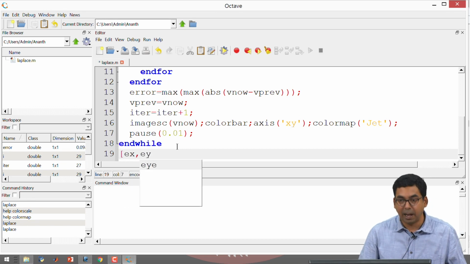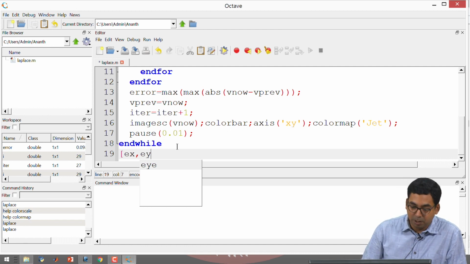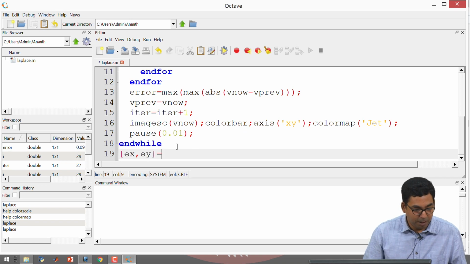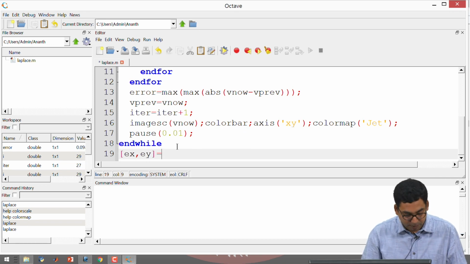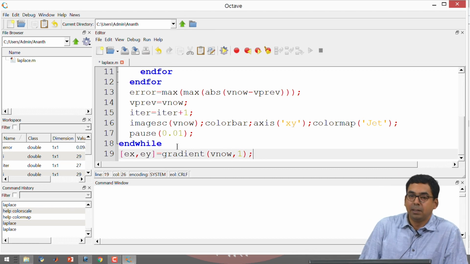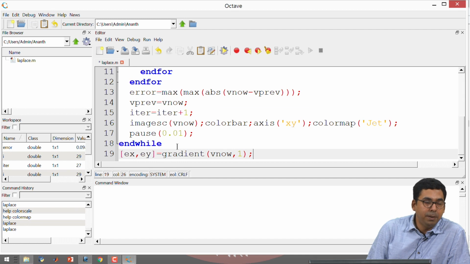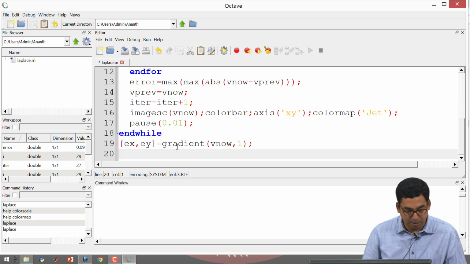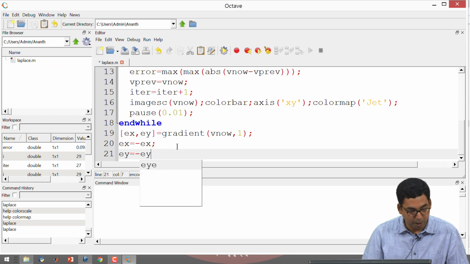So, I am going to go to the bottom. Once I have finished calculating the value of the voltage at each and every point, I would like to be able to draw the arrow plots of electric fields like how we do in regular class. The electric field here is going to be given by the gradient of voltage. The gradient command takes the derivative of the voltages that you have calculated, but we know that electric field is minus gradient of voltage. So, after I do this, I will be multiplying each Ex and Ey by minus 1. I will just say Ex is equal to minus Ex, Ey is equal to minus Ey.